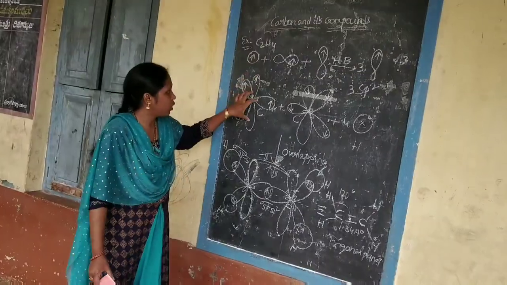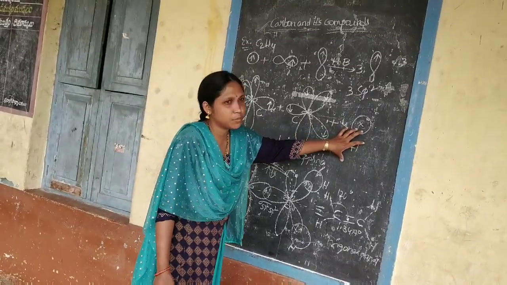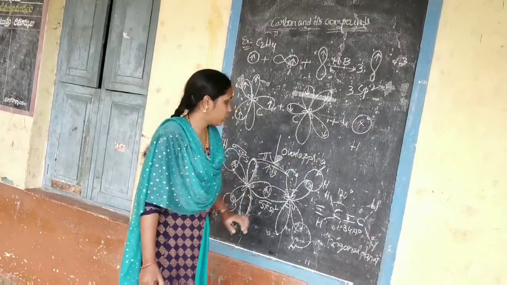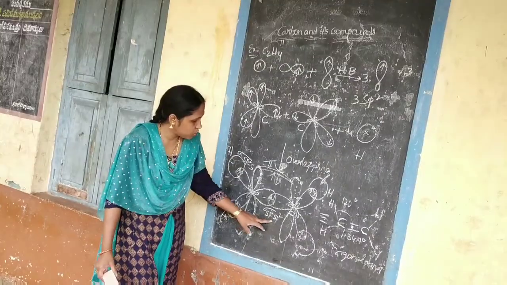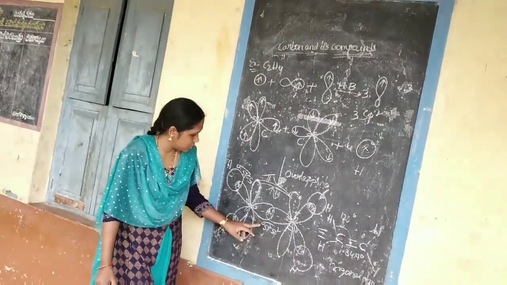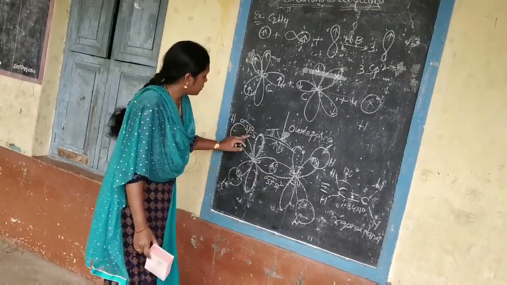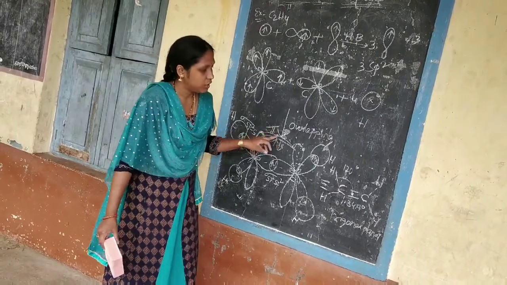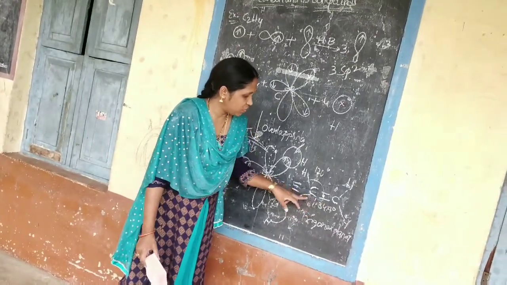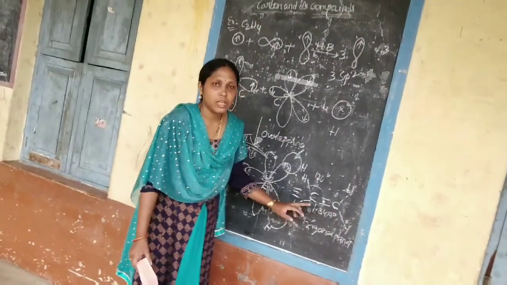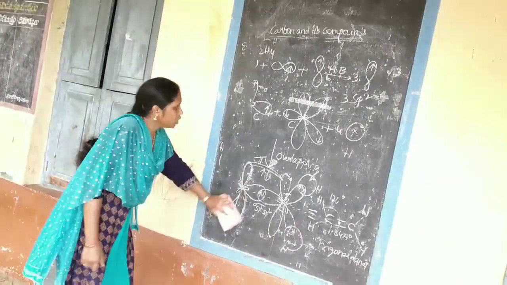Here in C2H4 we have two carbon atoms. The two carbon atoms are sp2 hybridized, and there are four hydrogen atoms. Each hydrogen atom has one s orbital with a single electron. After they overlap, they form a sigma sp2 hybridized sigma bond, and the other four are sigma sp2-s bonds, and one pi bond. The angle is 120 degrees and the shape is trigonal planar, and the bond length of the CC double bond is 1.34 angstroms. This is sp2 hybridization in carbon.